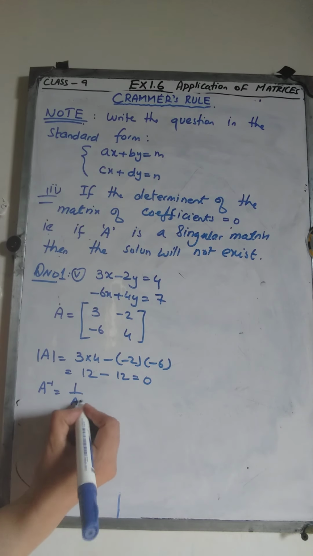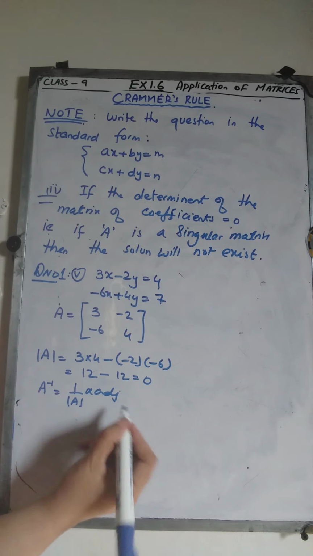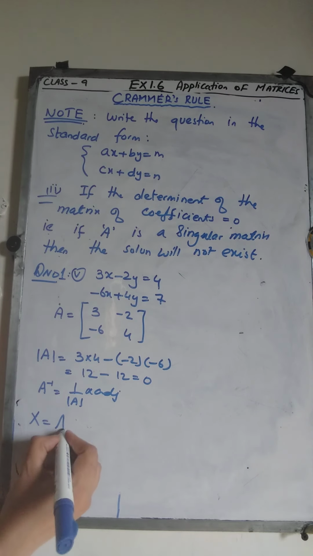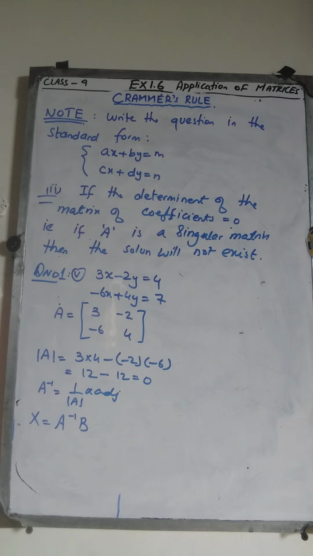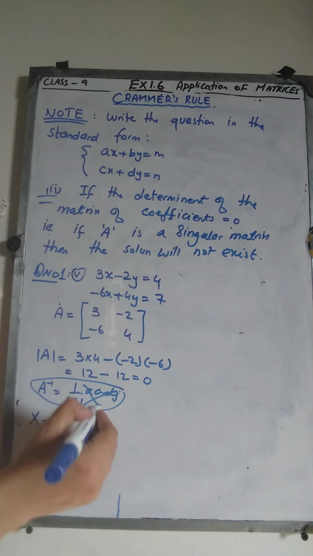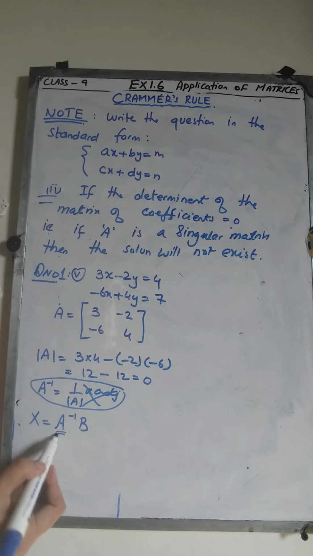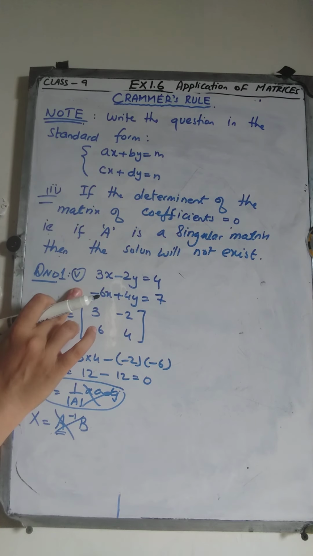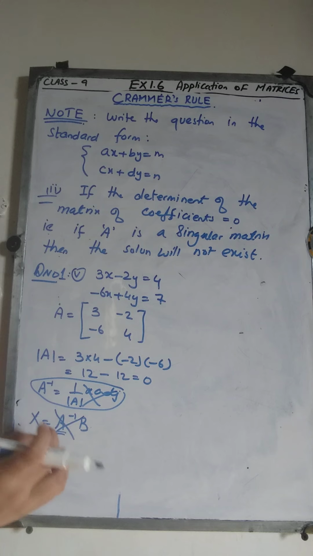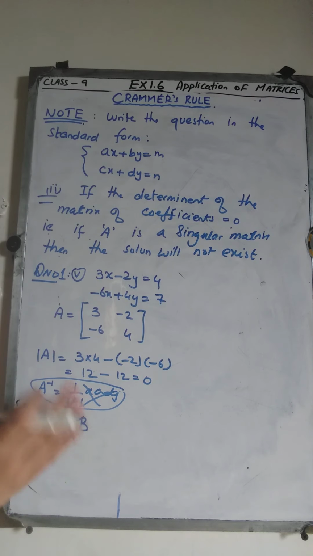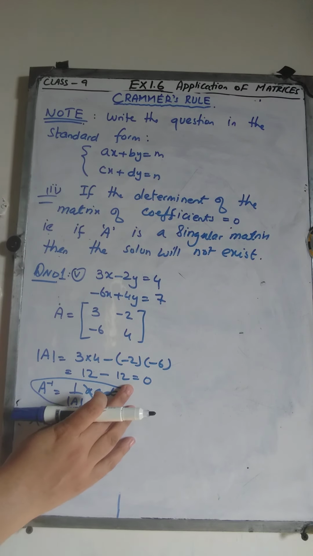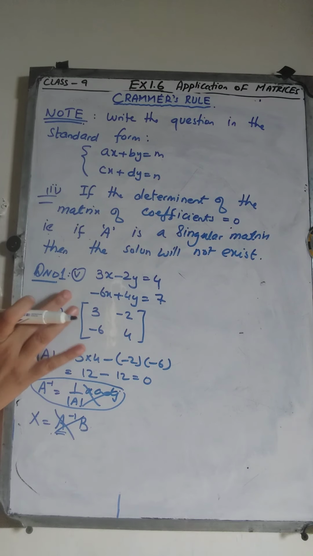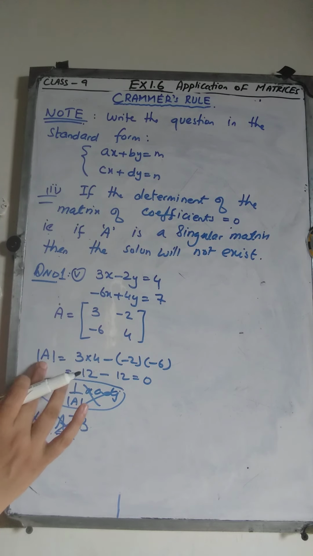We know that the inverse is, as the inverse does not exist, therefore the solution will also not exist, because if the inverse does not exist, obviously we can't find a matrix which we can put here to get the value of x. So we will not be able to find the solution. This is because this system has no solution. If it had a solution, we could calculate it through these methods. So if the determinant comes out to be equal to 0, then it means that this system does not have a solution. So first calculate the determinant of A.